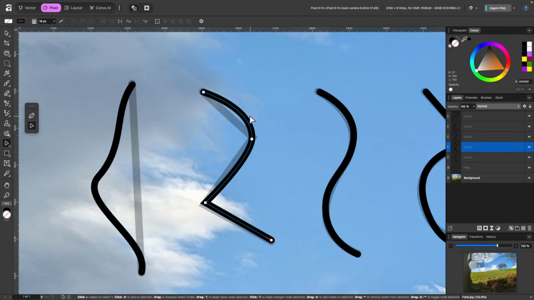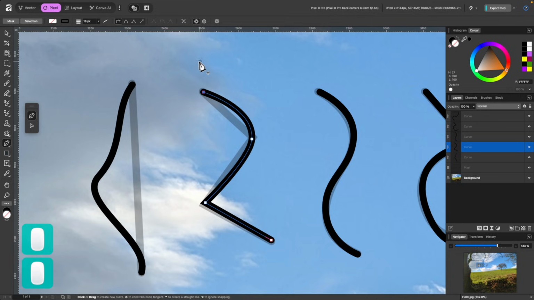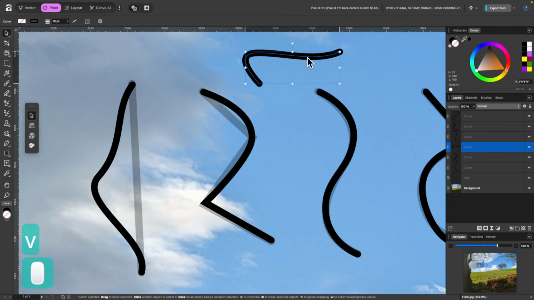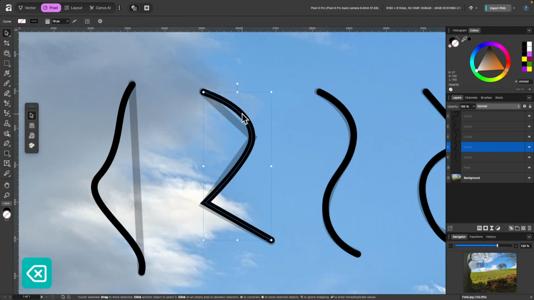Okay, from this point, if you wanted to continue drawing along this line, you'd think that you'd switch to the pen tool, shortcut is P, and just click on one of these nodes and continue drawing. But in fact, this is wrong because if I switch back to the move tool, you can see it's a completely different shape, completely different layer. So that's the wrong way to do it. I'll go ahead and delete that and show you the correct way.